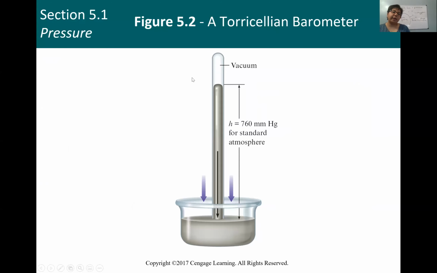So if we are talking about measuring atmospheric pressure, the name of the device that we use to measure atmospheric pressure is called a barometer. This is a very early invention. It was invented by Evangelista Torricelli, and so this is referred to as a Torricellian barometer, and it's made by